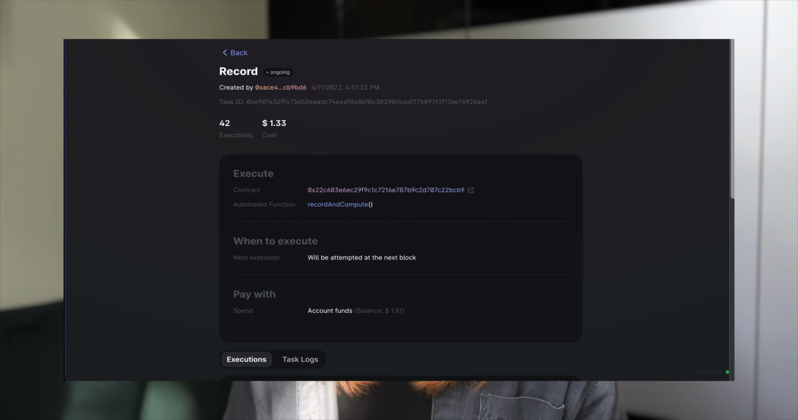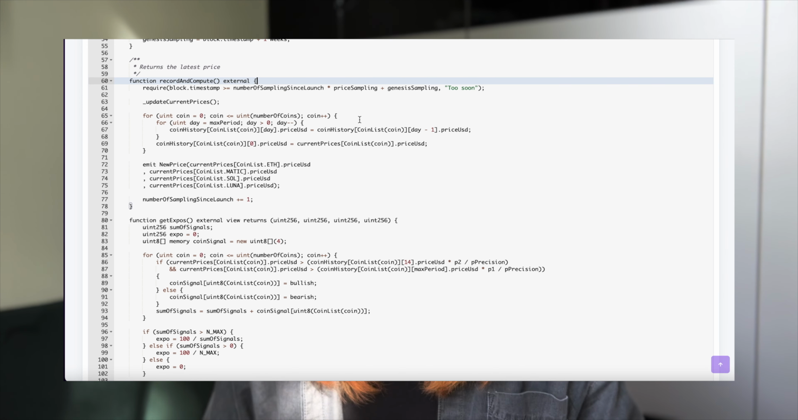$1.33. And this one is pretty straightforward what it's doing: for each coin, for each day in a given time frame, computing that price data. Obviously, price data is pretty important for just about every DeFi protocol, really. So it's really nice that this just fires off and it's not going to cost you a crazy amount of